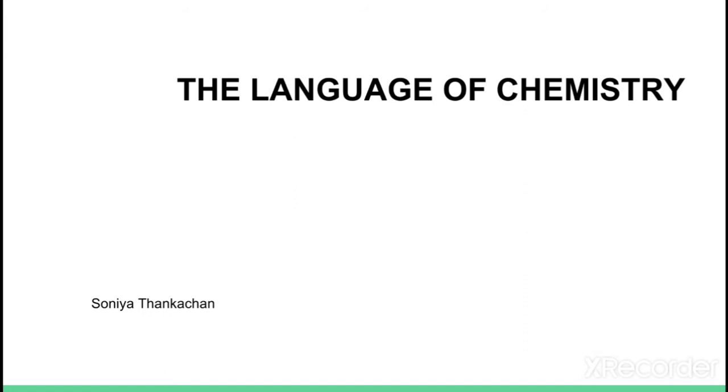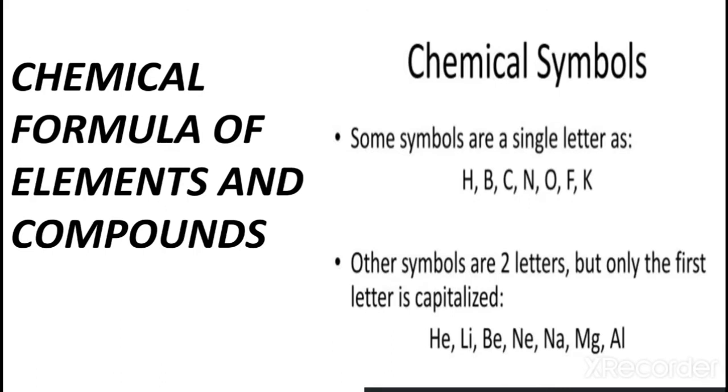Normally, the basic structure of all languages remains the same. We can start with alphabets. The alphabets combine to give words, and the words combine to form sentences. Like this, chemistry has a separate language, as it is a separate branch of science with its own language. This is known as the language of chemistry. Like all languages start with the alphabet, the language of chemistry starts with chemical symbols. We will see what these chemical symbols are.